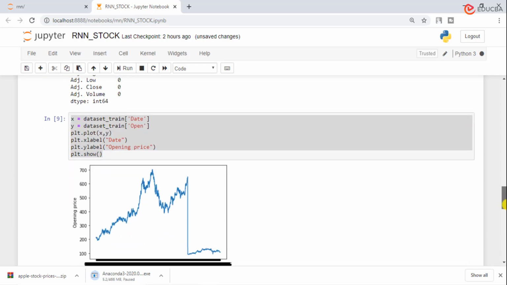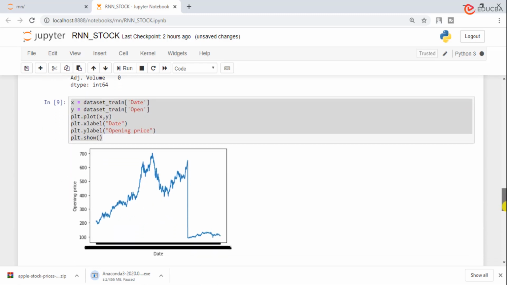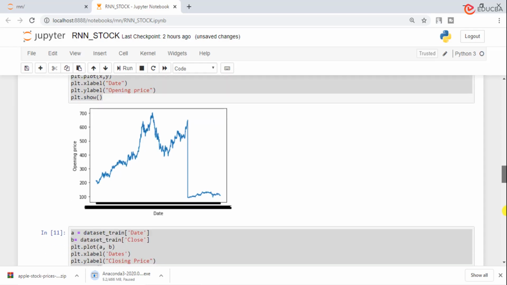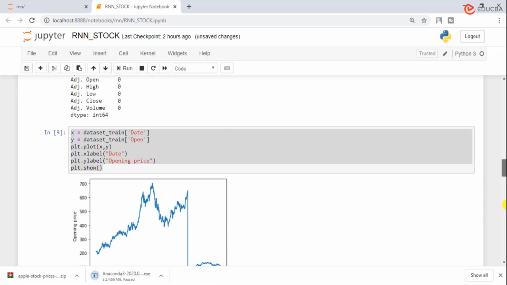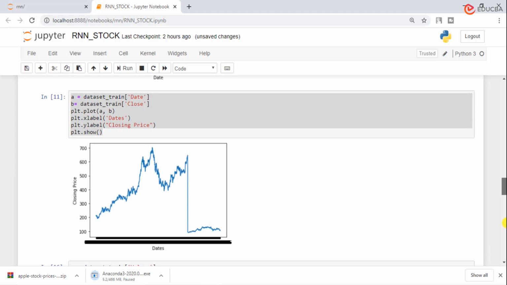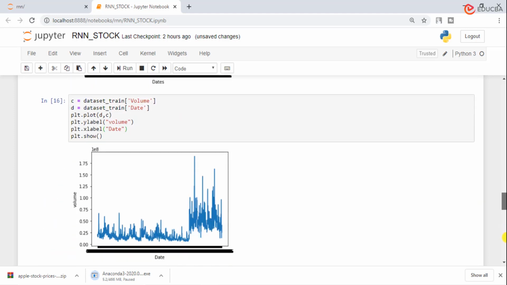So in the first graph, we check that the opening price is minimum 200 and maximum 700, and it dropped after a certain amount of time gradually to directly 200. Then in the second graph, we checked the closing price. In the third graph, we checked the volumes which are generated.